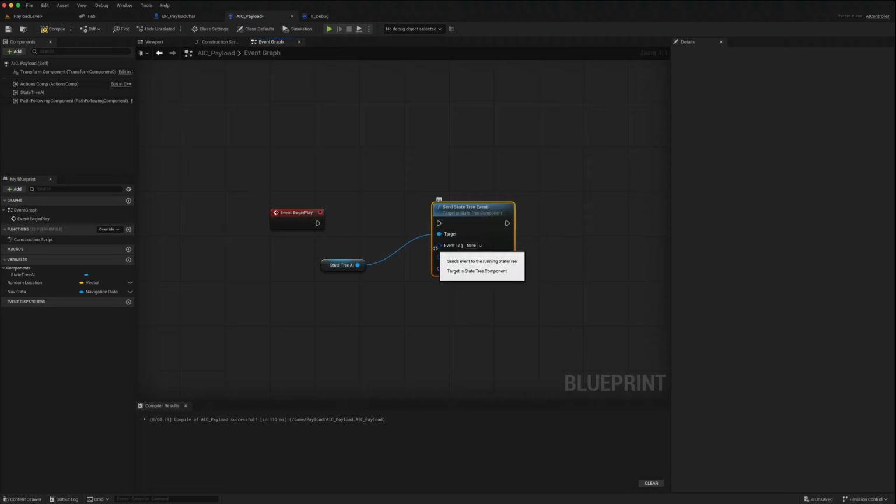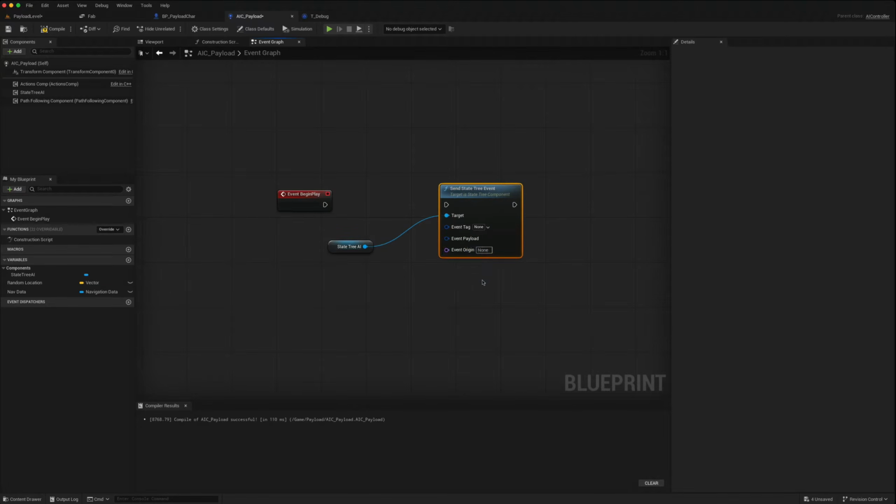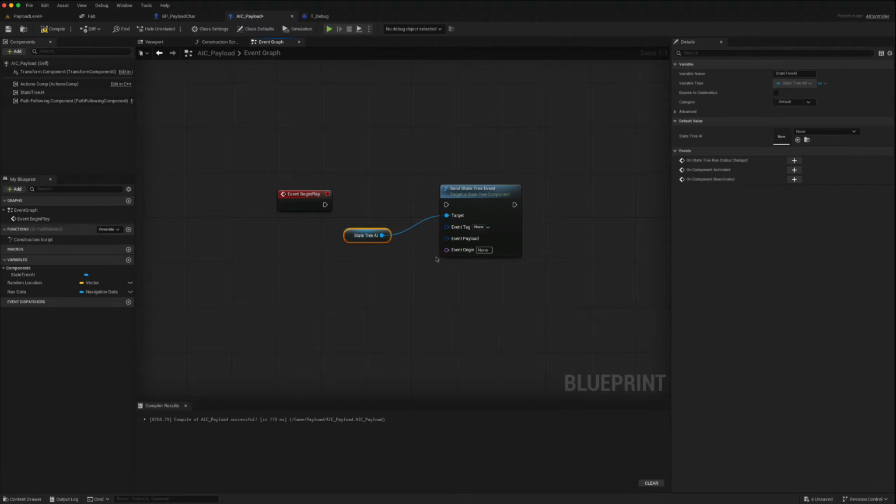So you can split that. The event can have a tag, which we often send. There's now also this payload, and it always has the event origin, so you can put a name there. The event payload is what's in the form of an instance struct structure, which is an instanced version of a